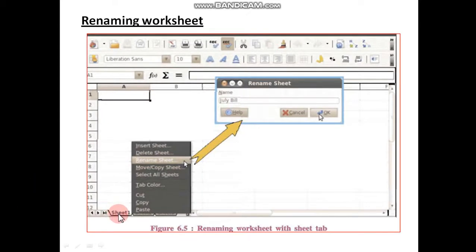By default 3 sheets are available: Sheet 1, Sheet 2 and Sheet 3. Simply right click on any sheet, then this box appears. If you want to rename the sheet, click on Rename Sheet and this box appears here. Give any name, rename it and press OK. If you want to insert other sheets, you can also choose that here.